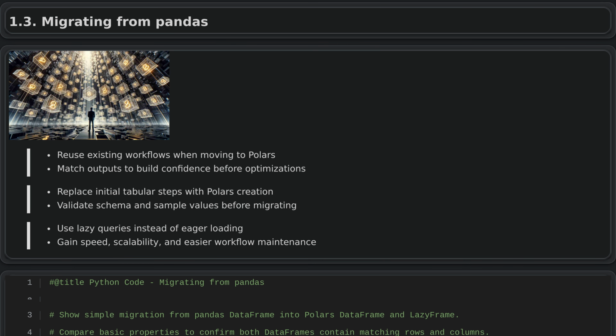Migrating from pandas. When you switch to a new library for working with tabular data, you can make the transition smoother by keeping your existing workflow. Start by creating data frames from the same sources you already use, such as daily sales reports, but now with the new library's tools. This helps you confirm that the structure and values match what you expect. Once you are confident in these basic results, you can gradually explore more advanced features like lazy evaluation or streaming